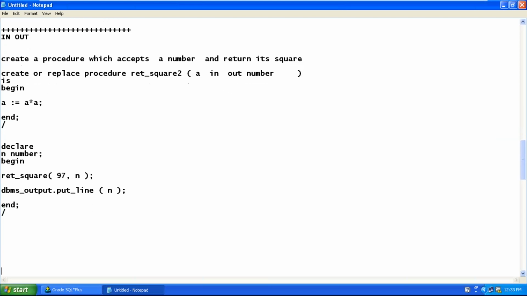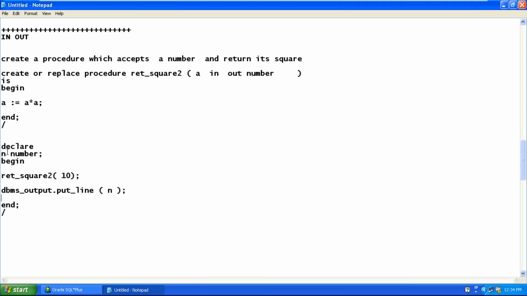Now how to call this procedure? RET underscore square 2. We should not have two parameters. I want to pass a value 10. The procedure will return 100. Where to store 100? How to write n?